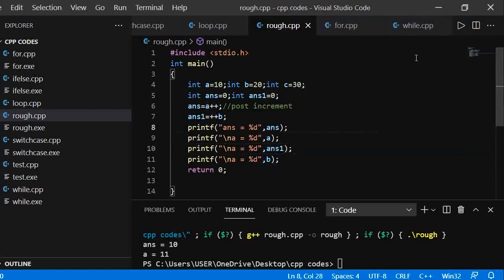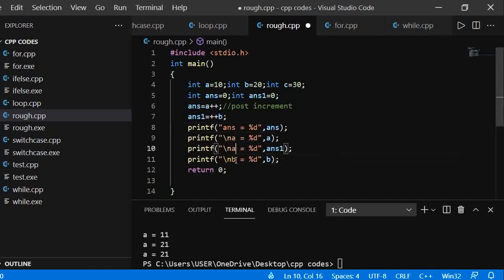Let's see what happens. We will change these to b and answer 1 so we can see a better output. As you can see, answer 1 is also 21 and b is also 21. In the pre-increment operator, first the value is incremented and then it is assigned to answer 1.